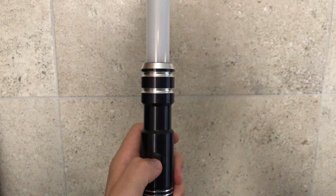This is the Dark Apprentice in purple, and again, I hope it picks it up, because sometimes I've noticed from other YouTube videos that the purple looks blue, but in person it's actually violet, amethyst, sorry. Like I said, I hope it's picking it up, man, because this in person looks absolutely crazy, man. This one particularly, look at that. I can't do it here, but you can twirl this thing around all day long and you just never get tired. So if you want a nice, easy saber to just flick around, this is...